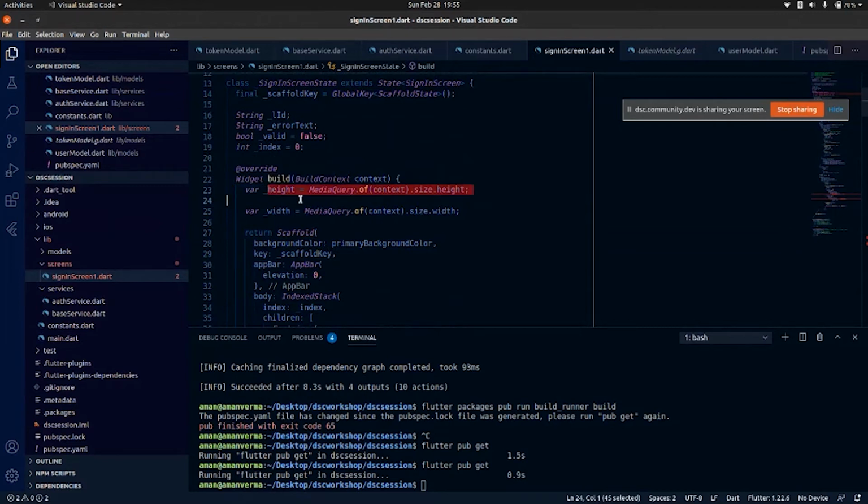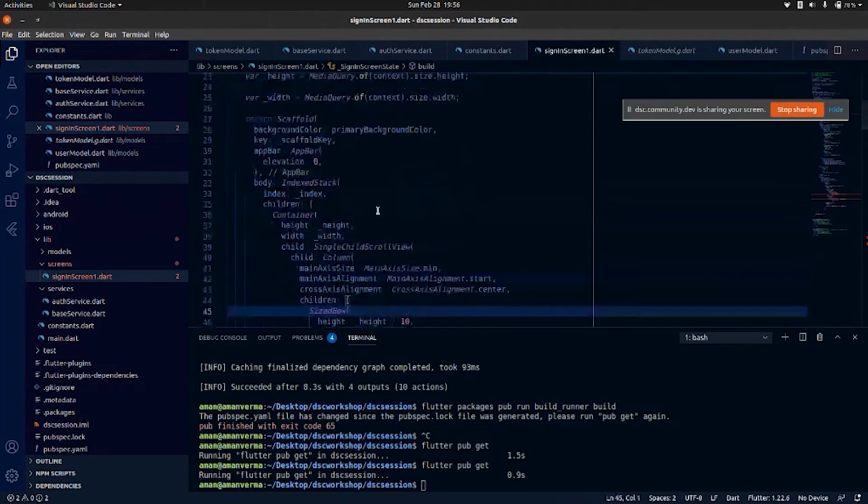This height and width is for dynamically resizing the components of my screen when the keyboard pops up and down, or when some screens are smaller and some screens are bigger in size. According to that, I need to resize my text. For that, I get the height and width of the screen,